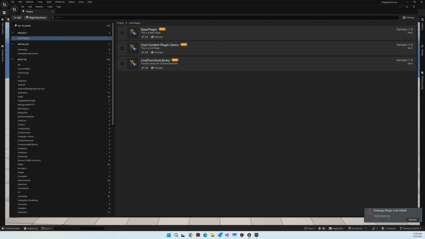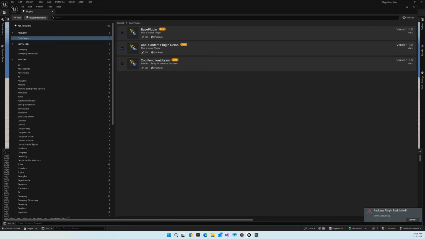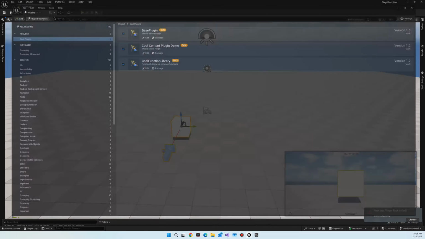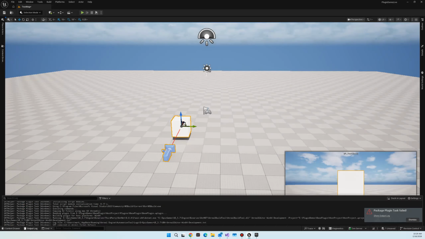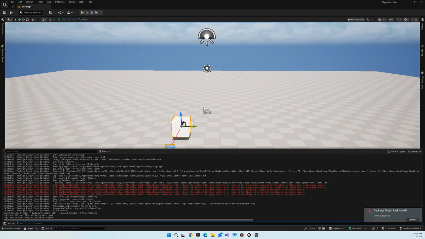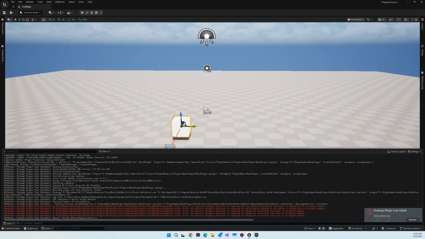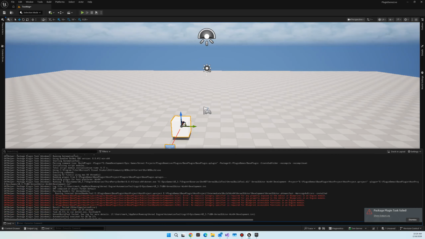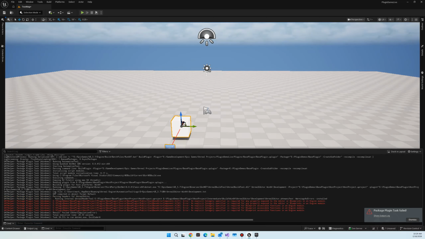And there you go. Right now the task has failed, and I did this on purpose so I can show you some of the output. If this is the first time you're doing a plugin, you're probably going to see this. So I'm going to minimize this and go to the output log. What Unreal Engine is doing is compiling your plugin. It always does a compile, but then it's going to run this